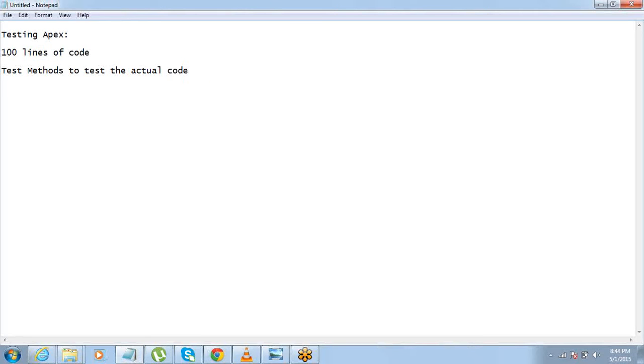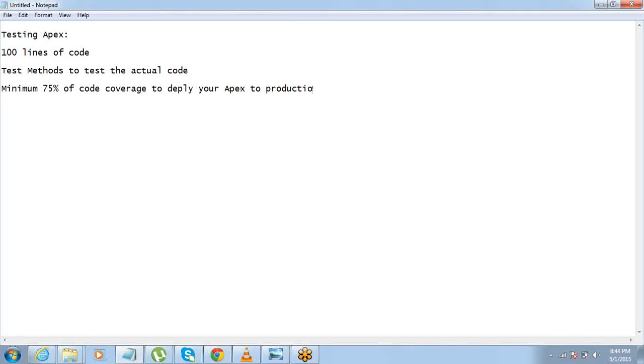So for every correct line of code, because we have 100 lines of code, it will give you 1% code coverage. It depends on how many lines you have. So you get the code coverage depending on how many lines of code you have. Now you need minimum 75% of code coverage to deploy your Apex to production.